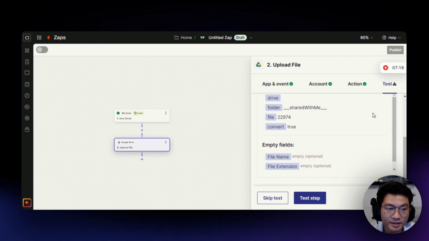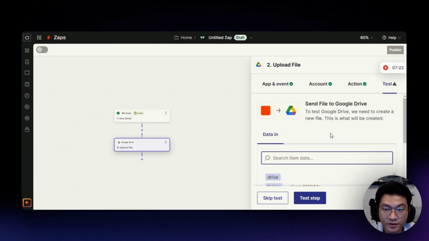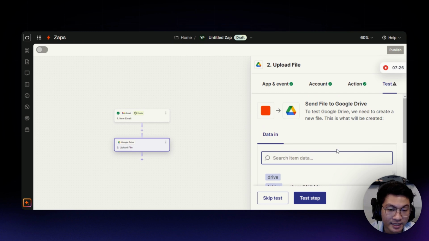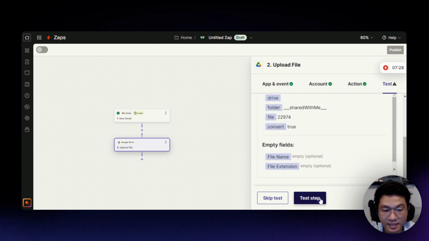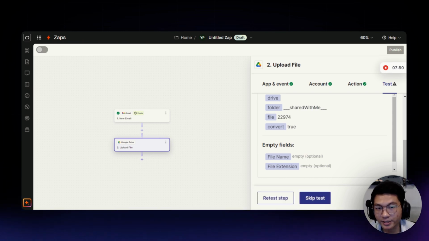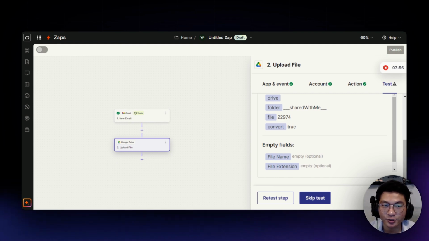So this same thing, you could test it out if ever this trigger and action is successful in your own Gmail and Google Drive. So just click on test app. There you go. You could check your own Google Drive if it was successful. So there you have it, guys. You've just created a powerful Zap that will save you time and streamline your own work.